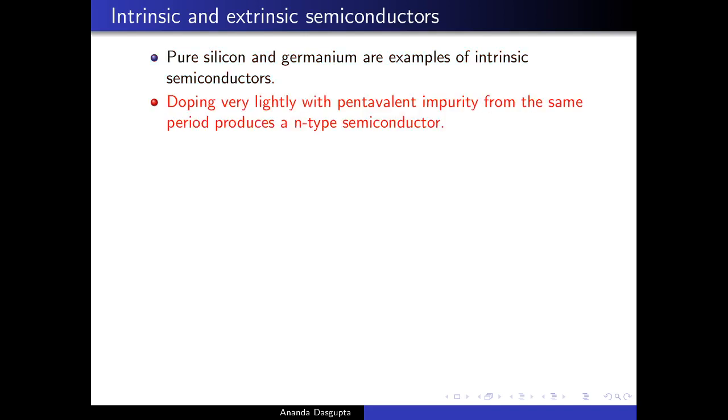And now comes this really funny thing. If you dope very lightly with the pentavalent impurity, pentavalent means you have one more electron in the outer shell than the silicon or germanium which makes up your basic material. If you dope it with a very small amount of pentavalent impurity taken from the same period, this is important because if two atoms belong to the same period, they have roughly the same size, which means a pentavalent impurity can displace or can take the place of a gap left behind by the absence of an atom